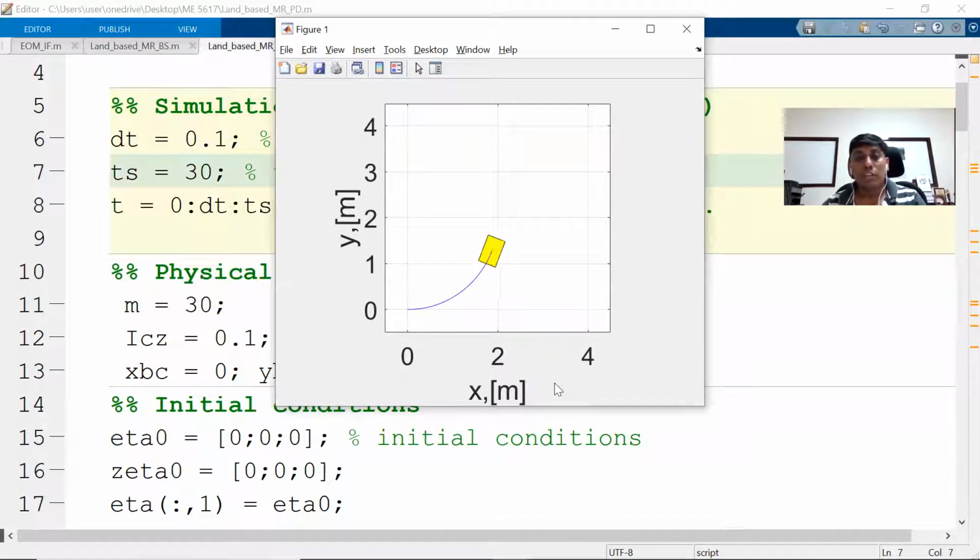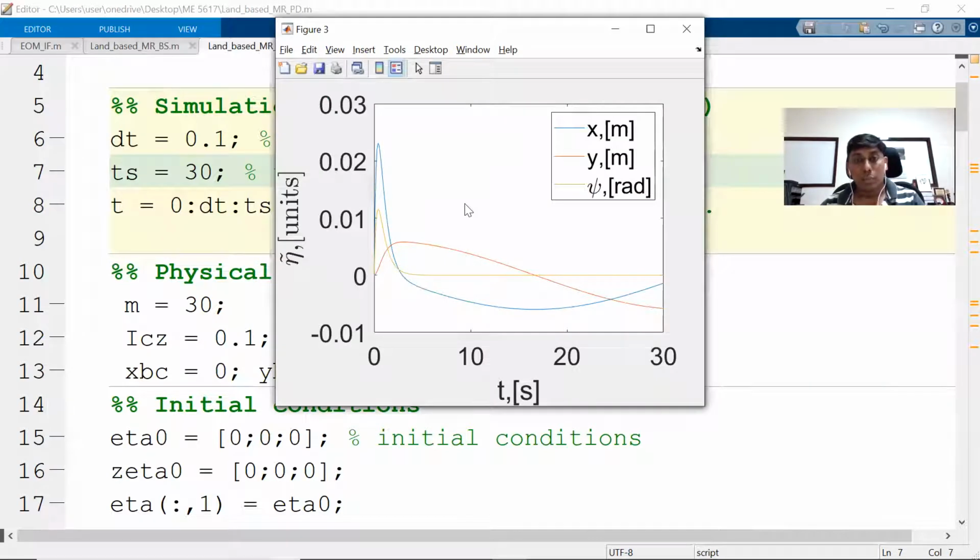Now you see even the proportional control along with the derivative term is working well. Probably there is a small steady state error. You can see that steady state error is prolonged here, right? These can even be overcome by adjusting or introducing an integral term and so on. But one thing I want to say here: even simple proportional derivative control is good enough to control the vehicle. That is the whole idea, provided all the three control inputs are available to us.